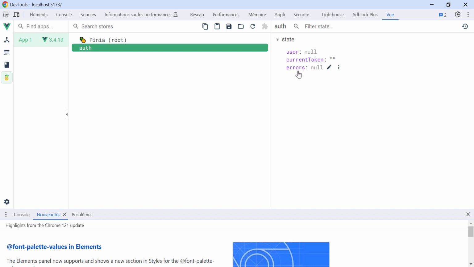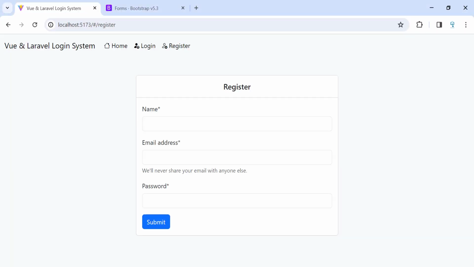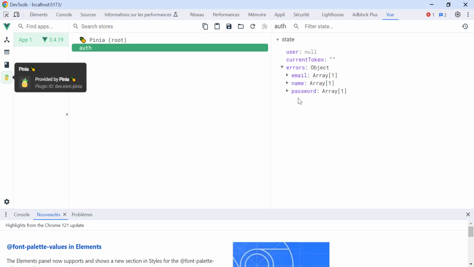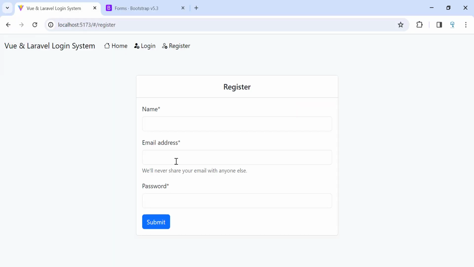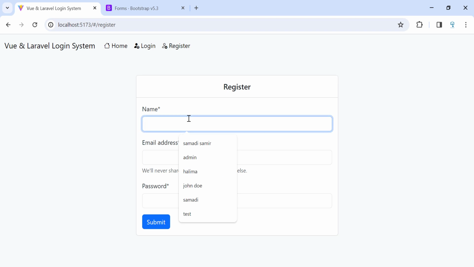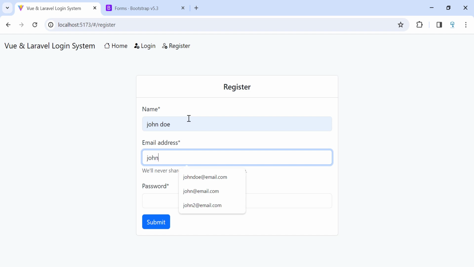Because I refreshed the page while looking for Pinia, let's send the data again. As you can see now, the errors contain an email, which contains an array, and also the name and the password. These are the validation errors. If we register a user successfully, let's register a new user